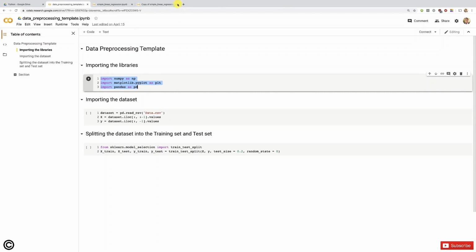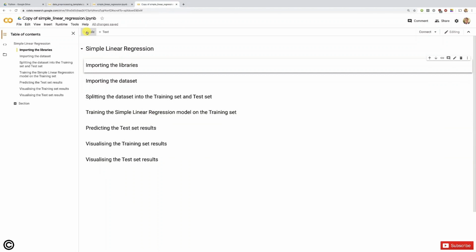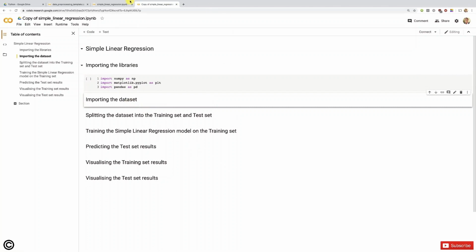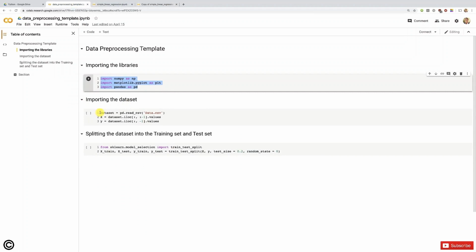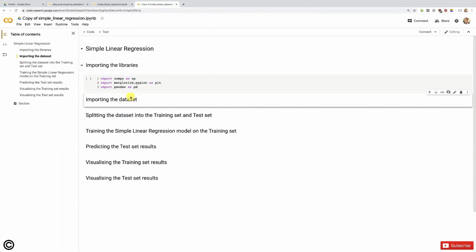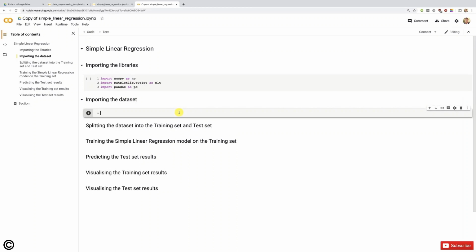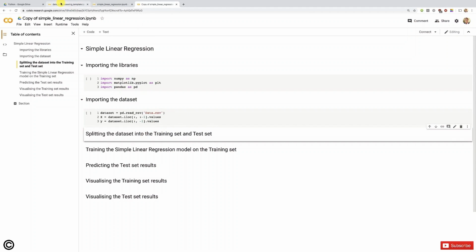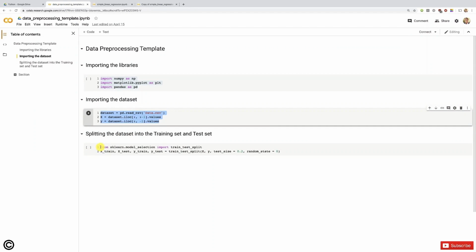To import first the libraries and then adding them in a new code cell. Then to import the dataset, I'm simply going to copy paste this second code cell, and you'll see that I will have almost nothing to change. So creating a new code cell here, pasting it, and finally, let's do that final sub-step of the data preprocessing